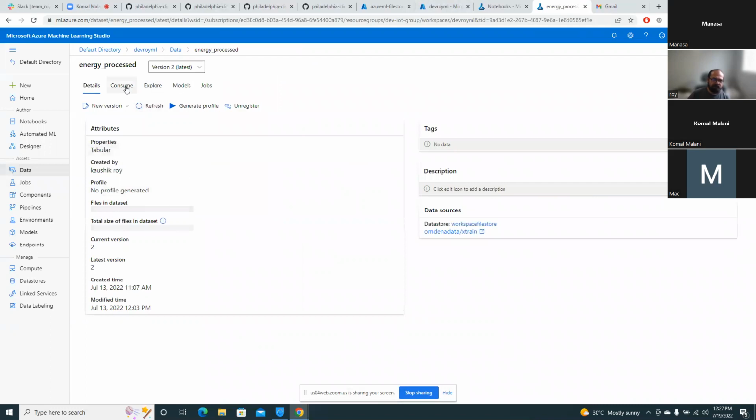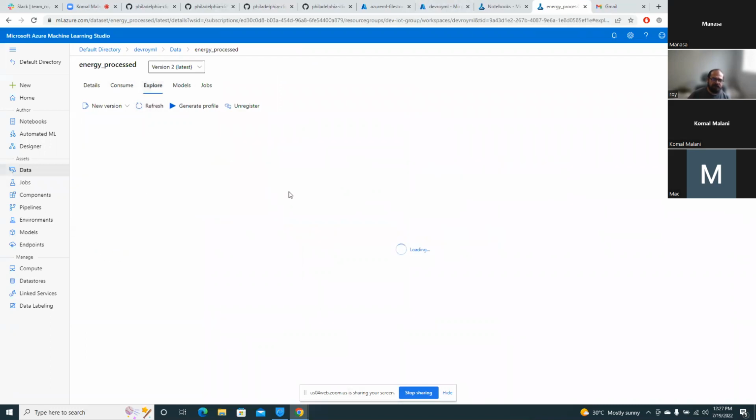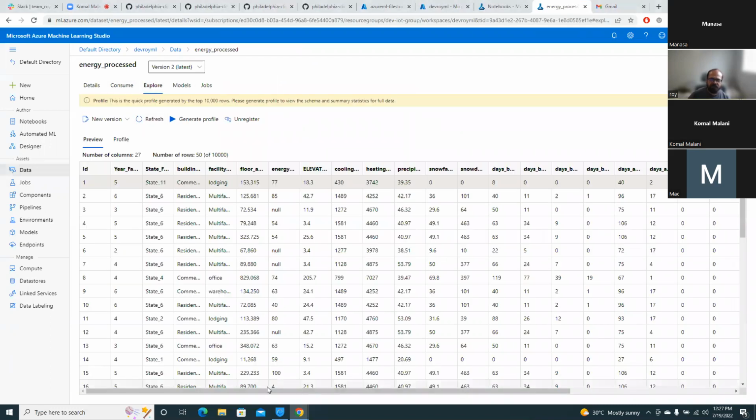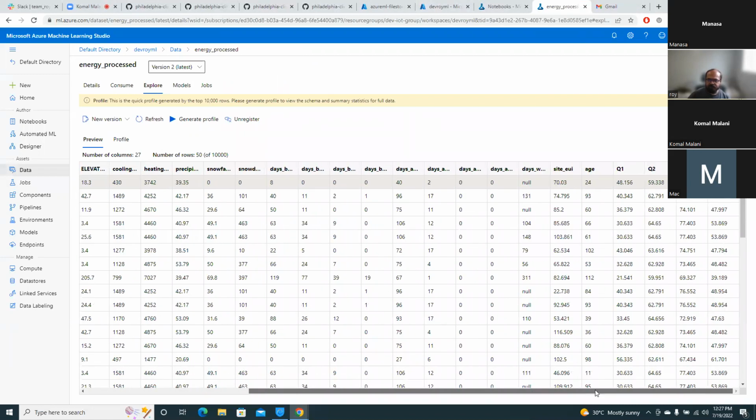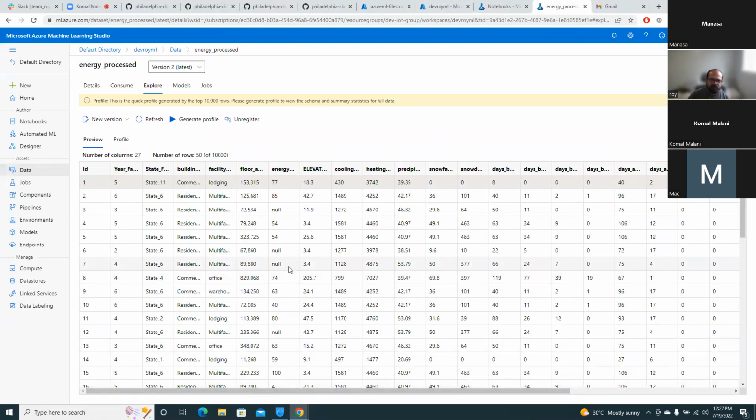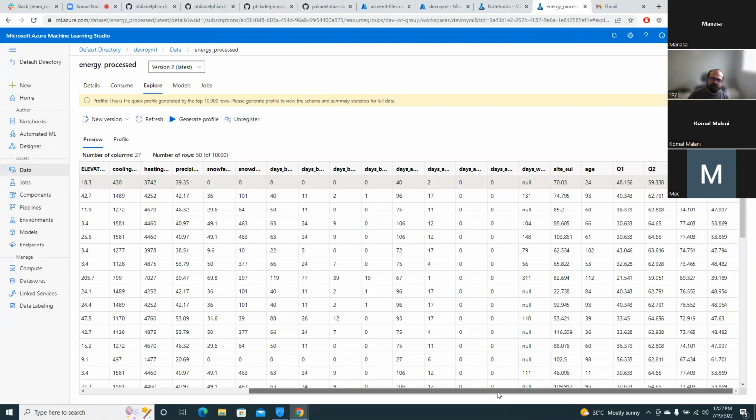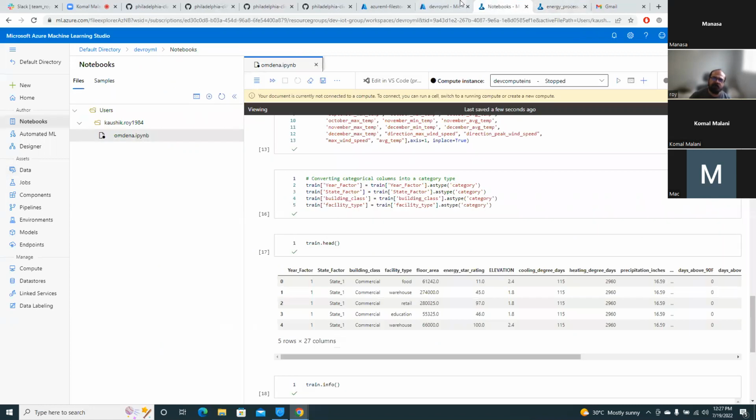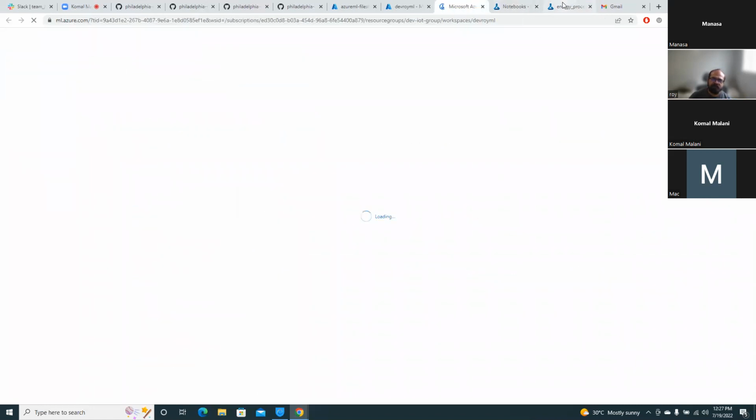So if I go to energy process data and I click on explore, I will see that I have a whole bunch of the required columns. Okay, so I have Q1, Q2, Q3, Q4, and all those things. The reason you need to export is because if you do any data transformation, these Q1 and Q2 are derived columns that are coming from the